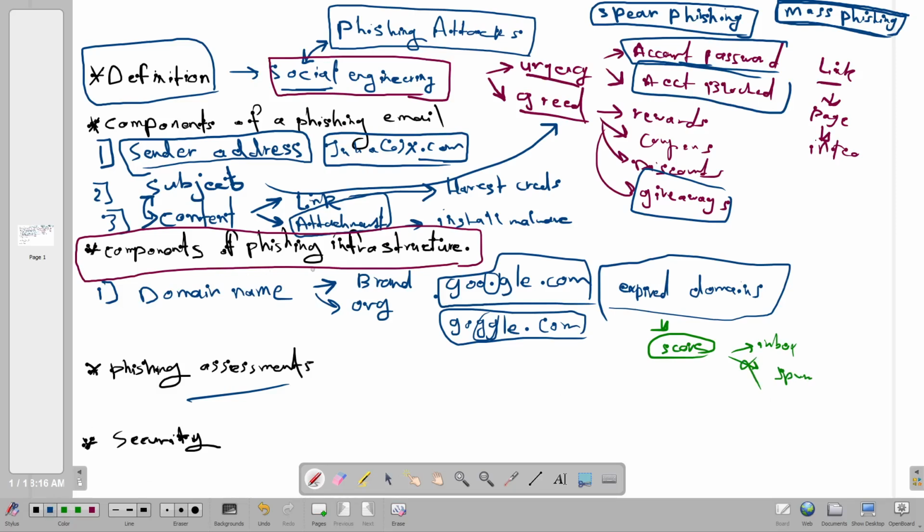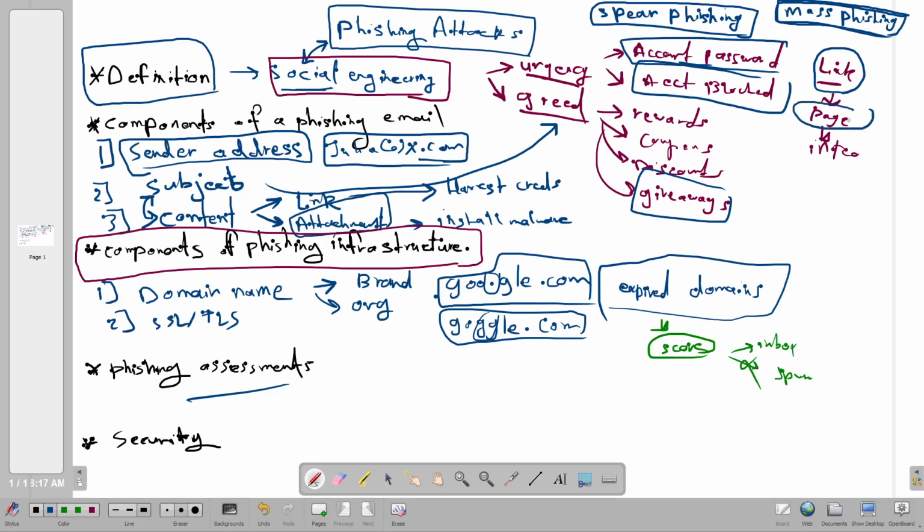Now, the other component that you need in order to start sending phishing emails or phishing assessments is the SSL certificate. Remember that the phishing email might include a link, right? This link will go to the landing page.